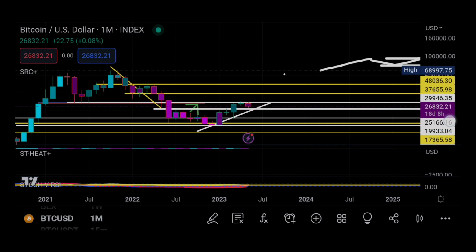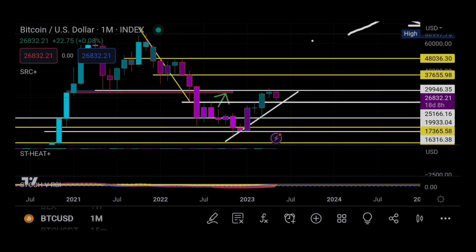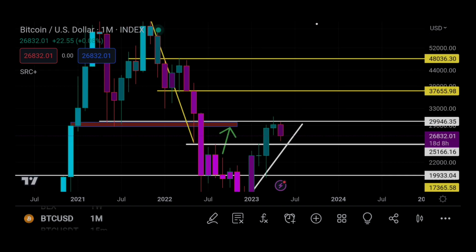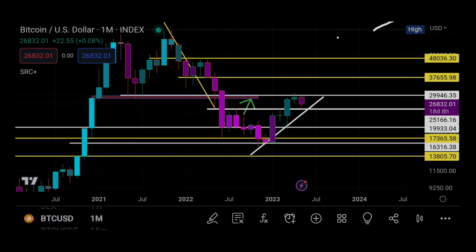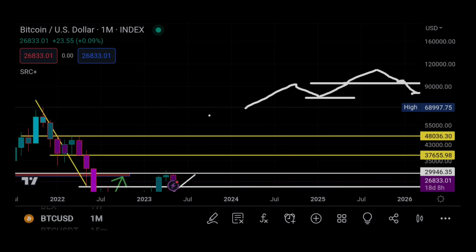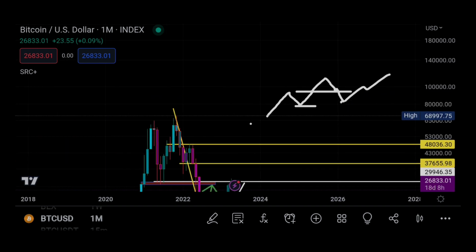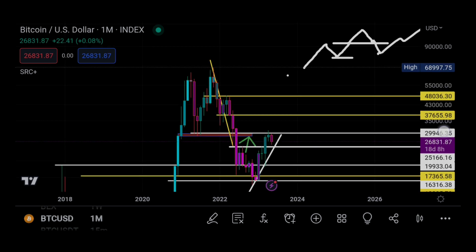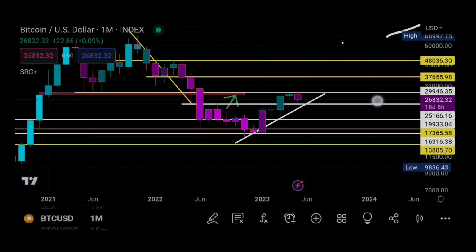The point is this is a chart, and every line here is relevant. We've talked about this before as well. Relevant because it kind of predicts where all the volatility will be, the major volatility, major pumps and dumps. So you can see once we cross over the $29,000 level and we stay above there, then the next threshold for us is the 37. After that is the 48, and so on and so forth, right? We talked about this pattern a couple of years ago at least, how this pattern works, and it's still there. It's the same chart. I haven't changed it. It's the same chart that I saved.